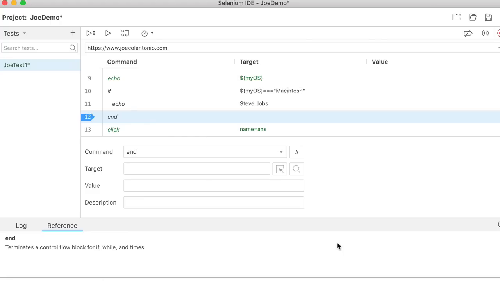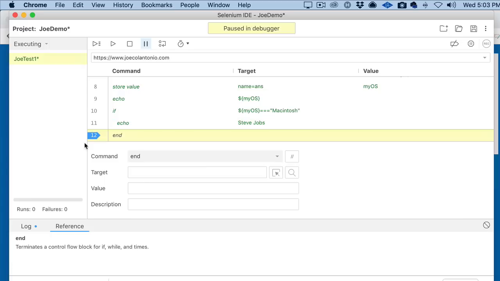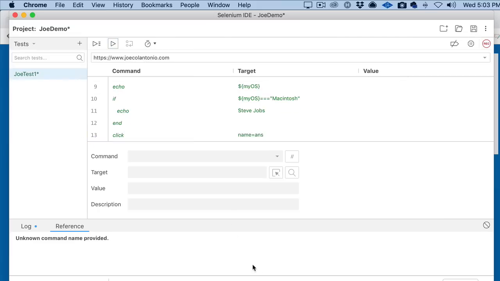All right, so let's run the test and see what happens. And notice I have a breakpoint, and that was by mistake, but when you have a breakpoint, it stops where you have the breakpoint. I'm just going to get rid of that breakpoint and just continue running. And now let's look at the log file.